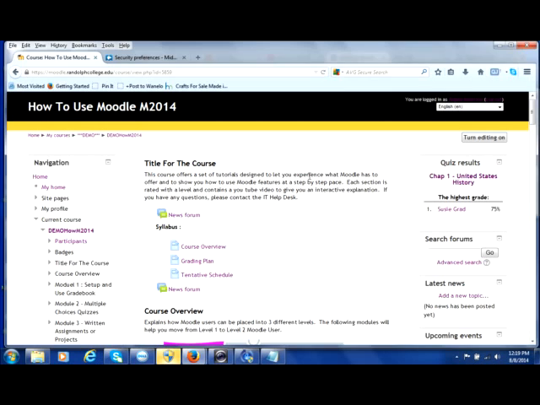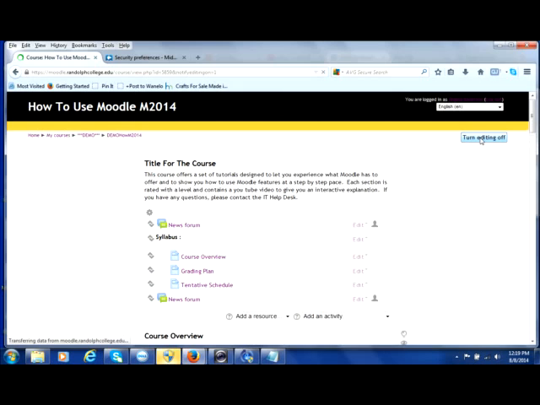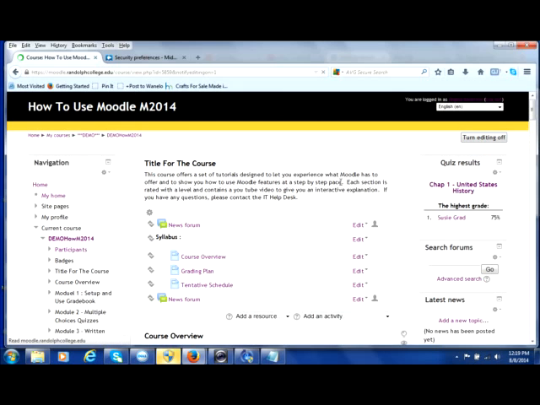Okay, you need to be in the course that you want to set up, and you need to make sure that editing is on. To do that, you want to click on what I call the magic button. That magic button is at the top corner of all of your Moodle courses. If you click on it, it's like turning a light switch on. You magically now can see pictures and drop downs and images that will allow you to change the content of